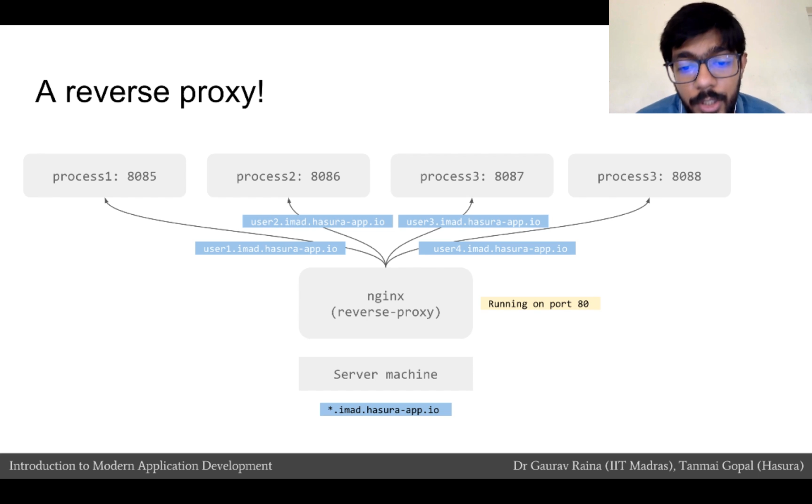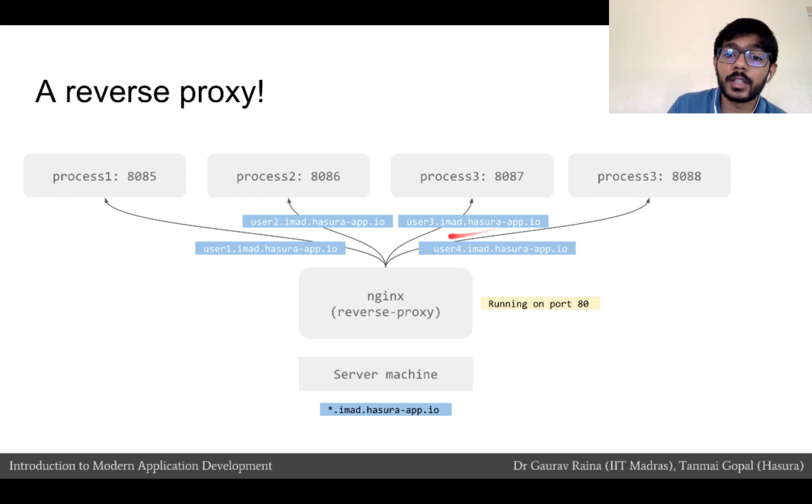When you buy a shared hosting account, the shared hosting provider gives you a large machine. On that machine are several users, and for each user, a separate server process is running. But how does everybody manage to get their own servers and all of them seem to be running on port 80? The answer is they're not running on port 80. The shared hosting provider has also set up a reverse proxy or a